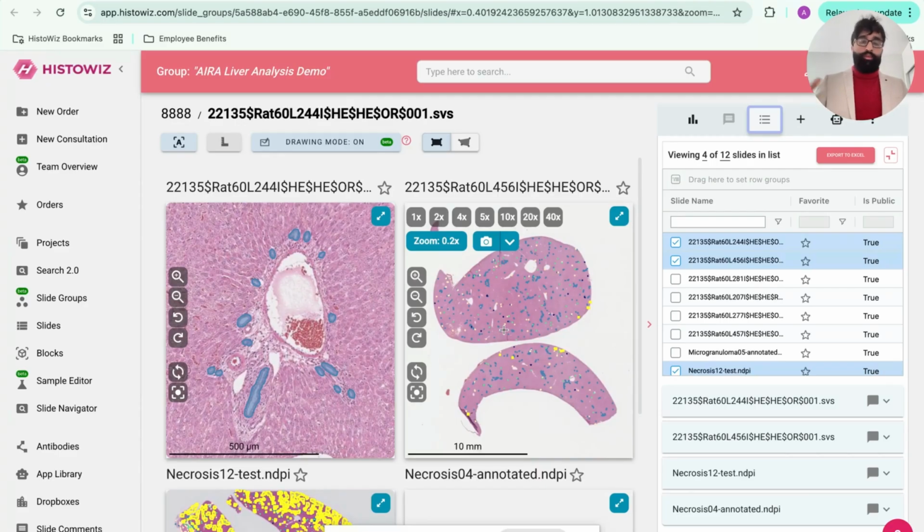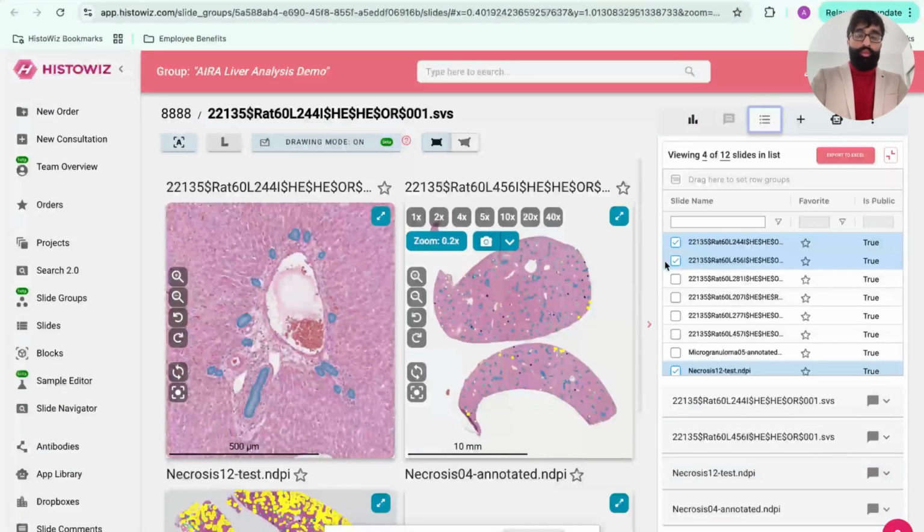And say you are running AIRA Matrix liver analysis on 100 slides, it will take some time once you click on run model, but you will be notified once the results are ready. And once it's ready, it's a matter of milliseconds for you to load those results and look for yourself.